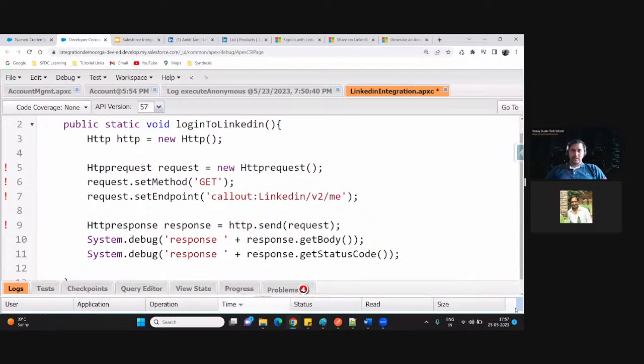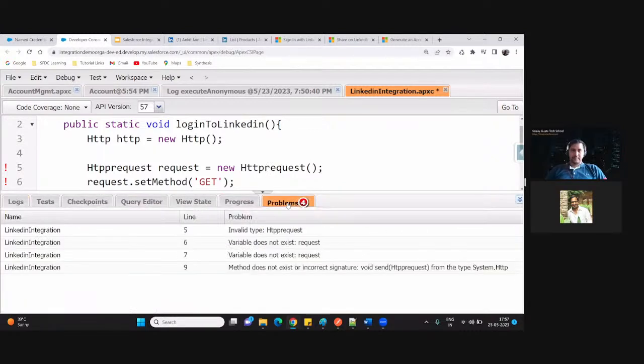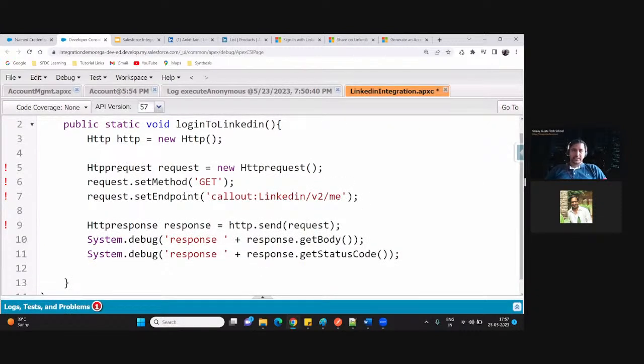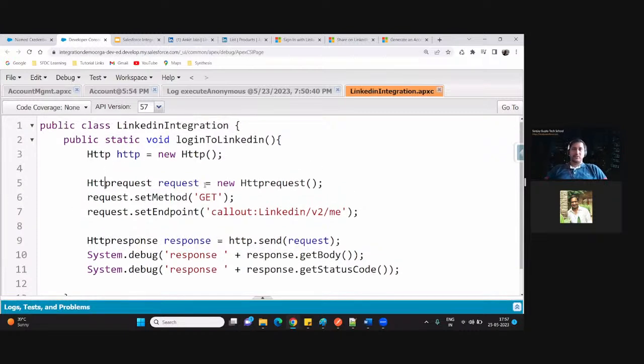Let's check what is the error that we are getting. It's a typo error, HTTP. It's not HTTP, it's HttpRequest. Right? Let's go and make this call and check whether the login is successful or not.